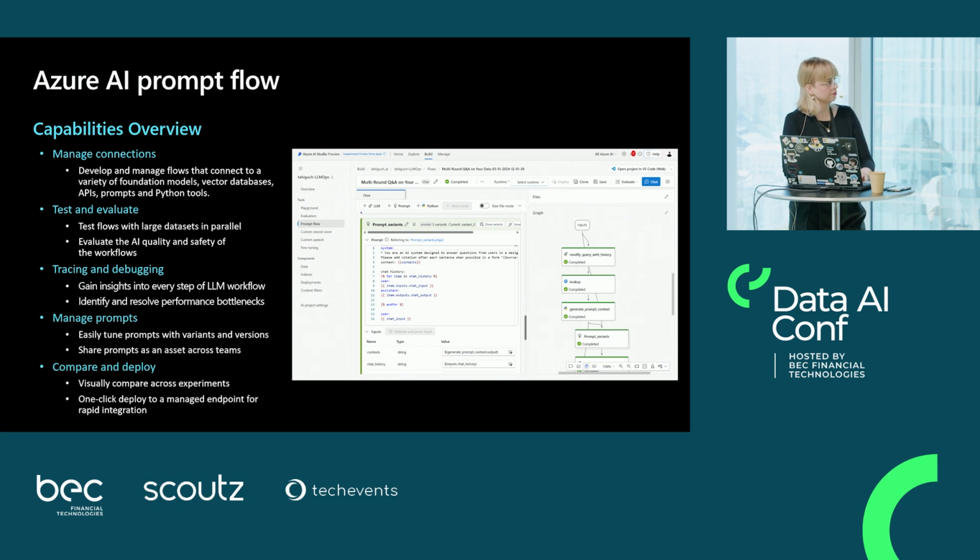PromptFlow. This is basically a Python framework. It is open source, it's on GitHub. You can have it installed on your machine without any cloud. I, for example, have it on that beautiful machine. But what is also important is that it is pre-integrated in Azure AI Studio. So this is one of the screenshots of how it may look.